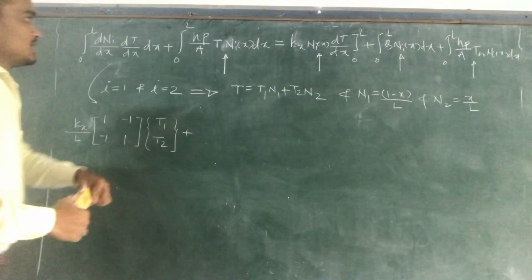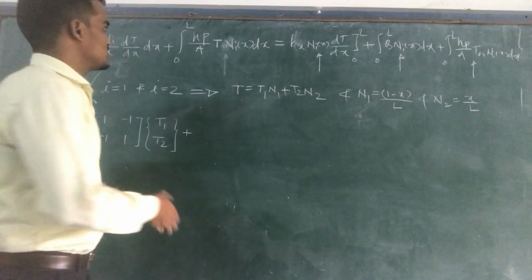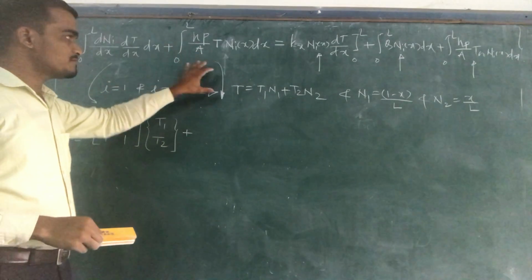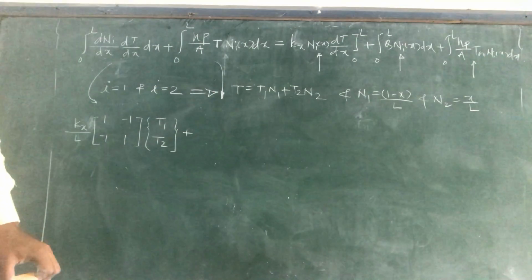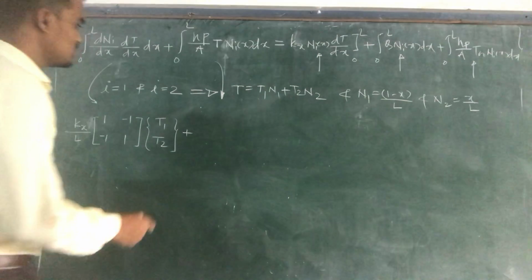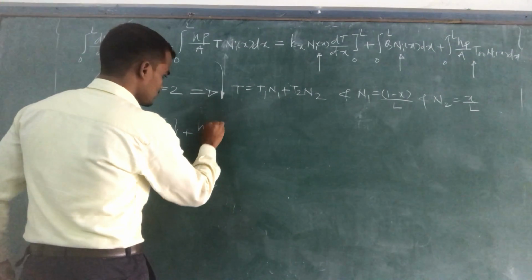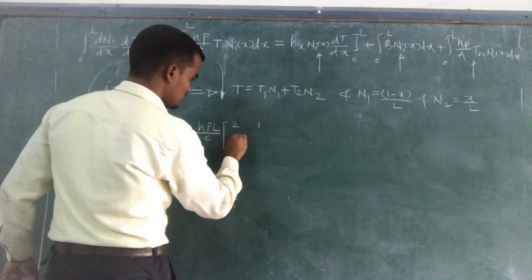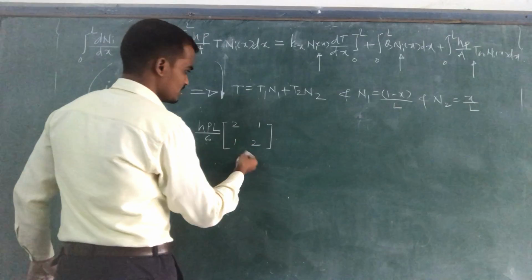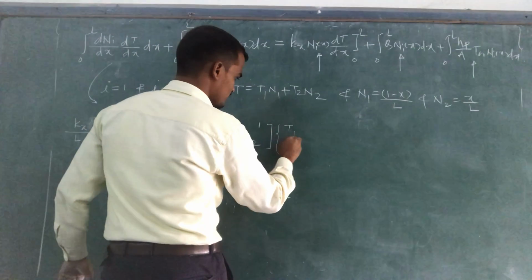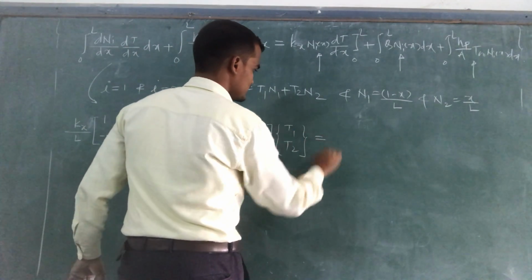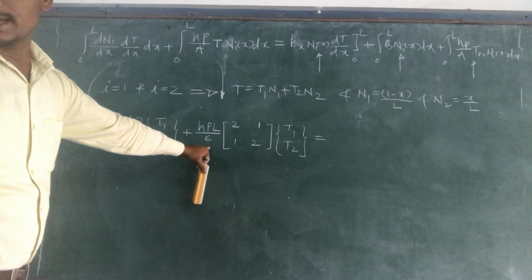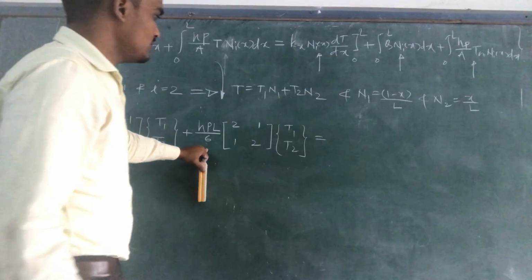plus, if we solve this integration, you will get the convective stiffness matrix as, so convective stiffness matrix is of H into P into L divided by 6 in bracket 2 1 1 2 into T1 T2 is equal to, okay, so this is the convective stiffness matrix, okay, and